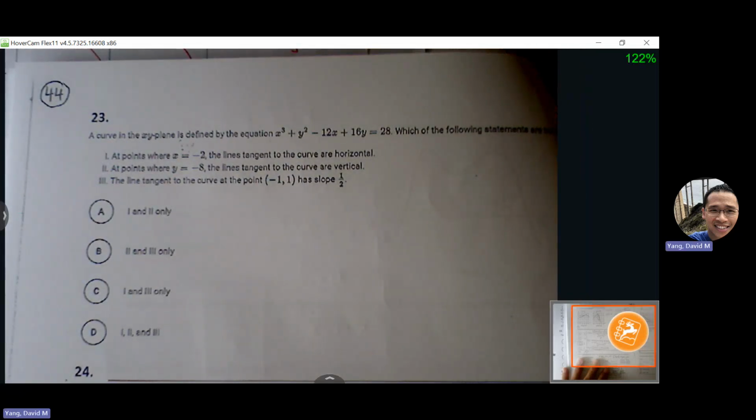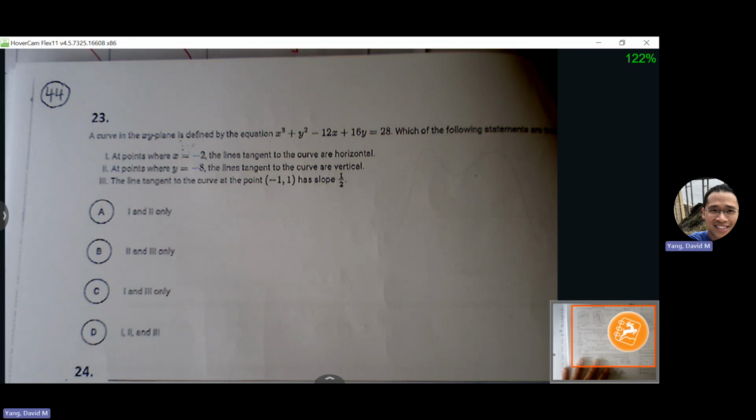A bunch of statements about line tangent to the curve is horizontal, line tangent to the curve is vertical. So there's all these mentions of tangent, line, slope. You know it's got to be derivative related. So we have to spend the time to actually find the derivative. If you look at this equation, with y's mixed into the equation, we have to go through implicits. So we'll do implicits, get our derivative to show up, and then